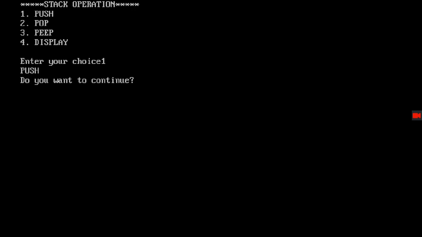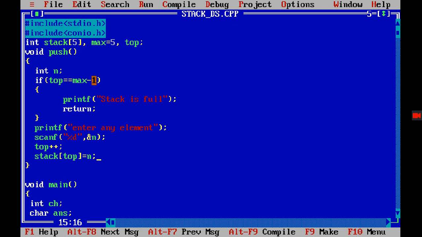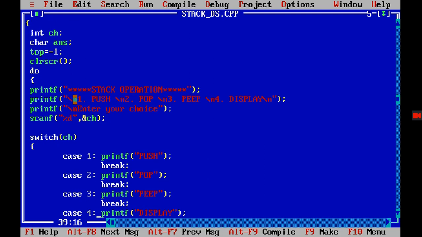Now if I'm inserting 1, one thing is missing. What is missing? If you are getting it, then great. We have created the function but not yet called it. We have created this function, but nowhere have I called it. So instead of this, I need to call this function, just calling that function, that is push, right?